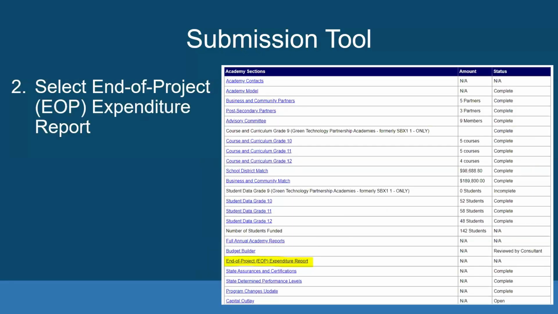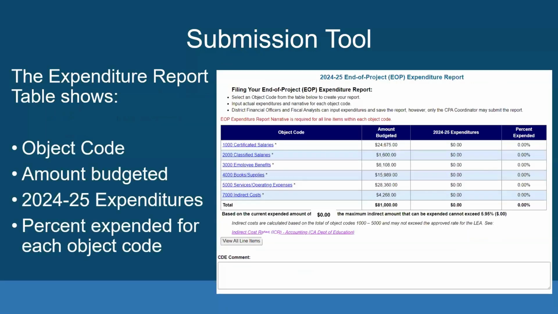Once you've signed in and selected your academy, you'll look at the academy section screen here, and you'll find the End of Project EOP Expenditure Report link towards the bottom, right below Budget Builder. So click on the End of Project Expenditure Report link, and inside you'll find a table that shows all of